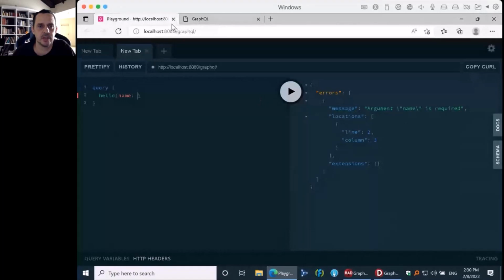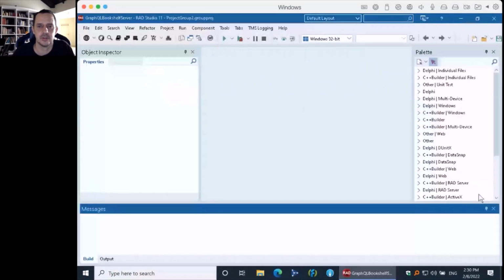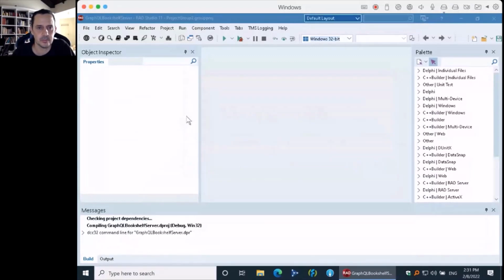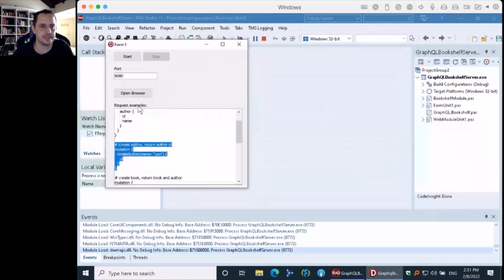Actually, let me open the second demo here so we can see more of the query capabilities. So this is the bookshelf demo. It's just the same structure, but with different types.